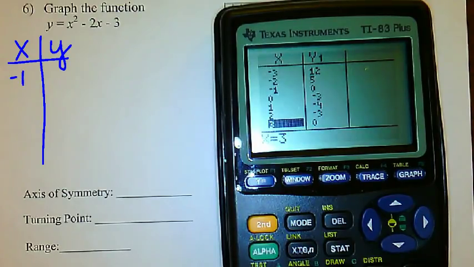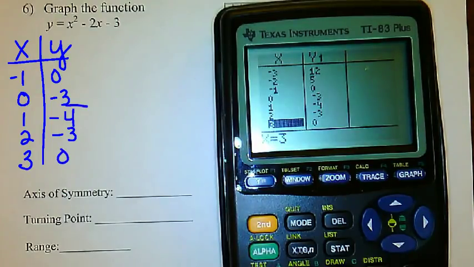I'm going to start at negative 1, 0, so that's a root. I don't know if I'll have room to write that, so I'll write that later. Okay, 1, negative 4, 2, negative 3, and 3, 0. So go ahead and circle your vertex. I have root, yeah, much smaller, good. Y-intercept,